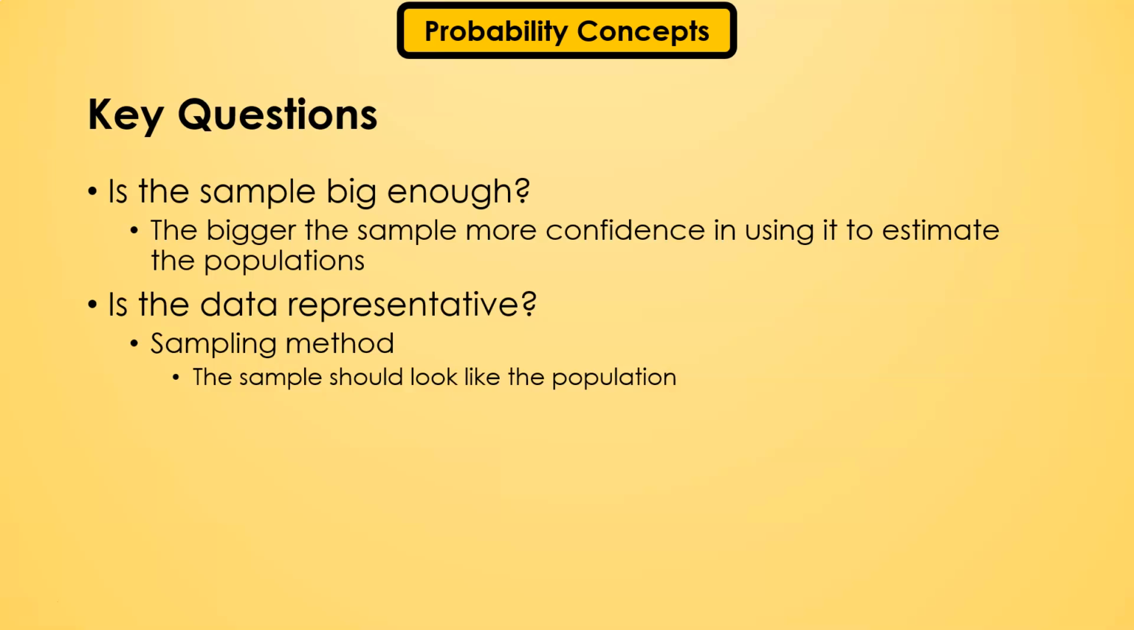The other thing, of course, is whether the data is representative, and my sampling method is really important to determining whether I get a fair representation of the population. With some sampling methods, it's very easy to select people, or people self-select, which ends up making a bias within our sample. So the classic example is,